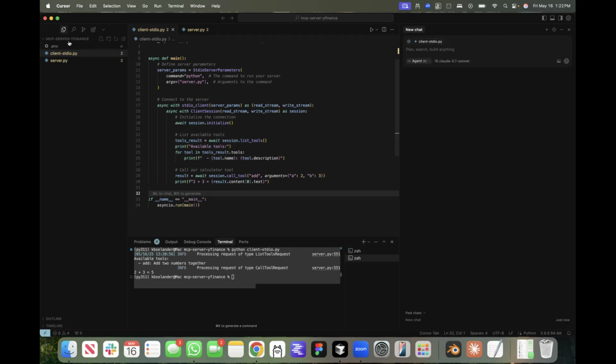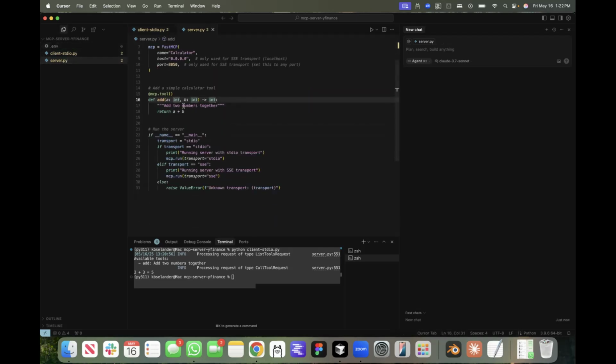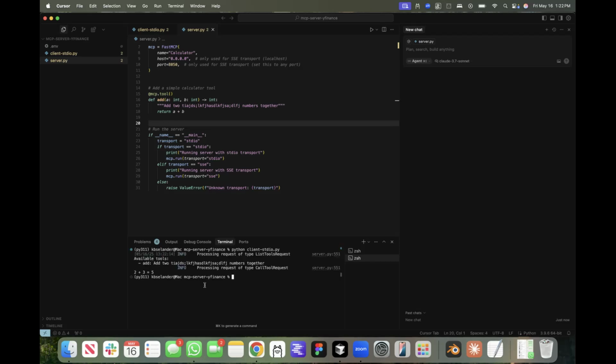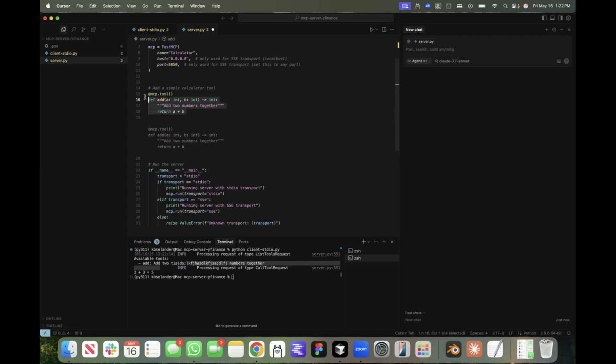Just to show that we can do this in a slightly different way, we add a tool to the server that adds two numbers together. Let's call this again, and it adds them. Then what if we actually want to multiply? Let's just add another tool, and we're going to call this mult, and we're going to multiply these two together. So now if we call our client,